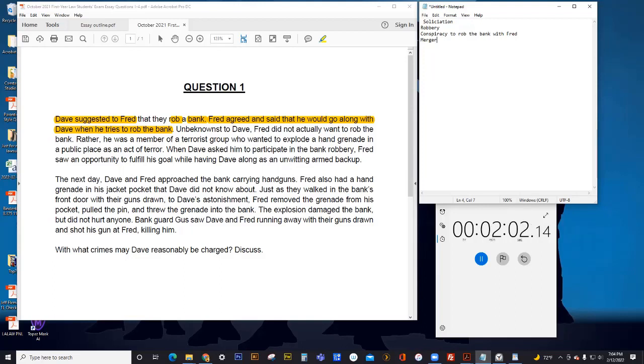Unbeknownst to Dave. All right, so he didn't know, what did he know? He didn't know that Fred did not actually want to rob the bank. All right, so unbeknownst, that's going to speak to intent and possibly also to his withdrawal from the conspiracy. In common law, the rule is two or more people agree to do an unlawful act, or do a lawful act by unlawful means. But under modern law,